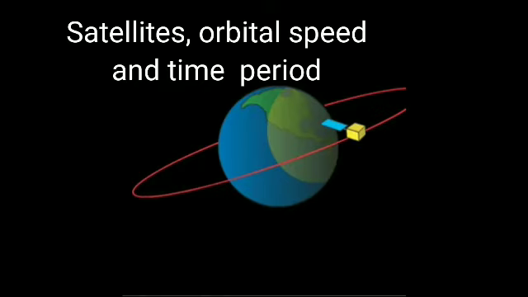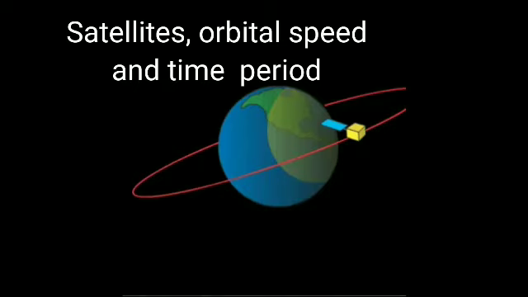The period of the satellite. The distance covered by the satellite during one rotation in its orbit is equal to 2 pi (R_E plus h), and the time taken is the time period T. Then speed v is equal to distance travelled by time taken. Distance travelled means 2 pi (R_E plus h), time taken means T. This equation implies that the satellite orbiting the Earth has the same relation between time and distance as Kepler's law